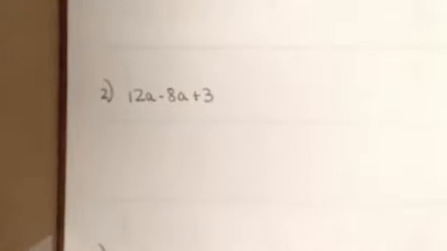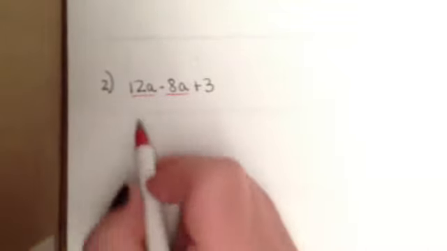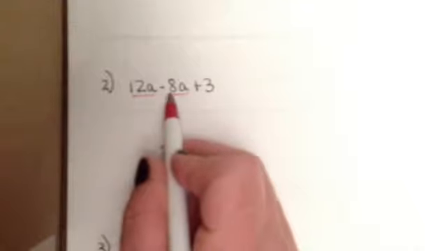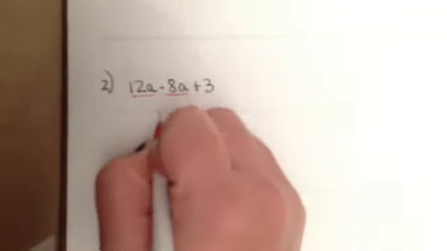Let's look at number 2. 12a minus 8a plus 3. Are there any pieces that go together? 12a and minus 8a match. They both have an a. So I can put them together. 12a minus 8a is 4a